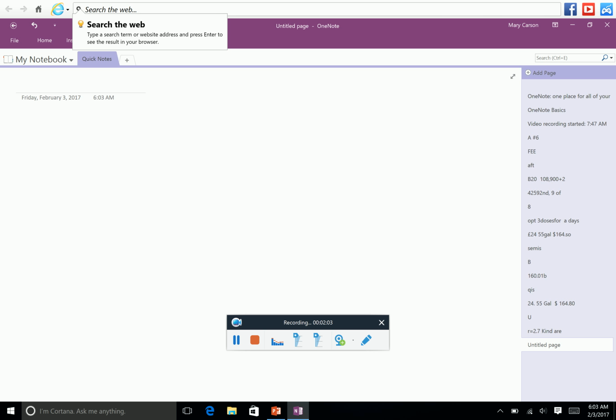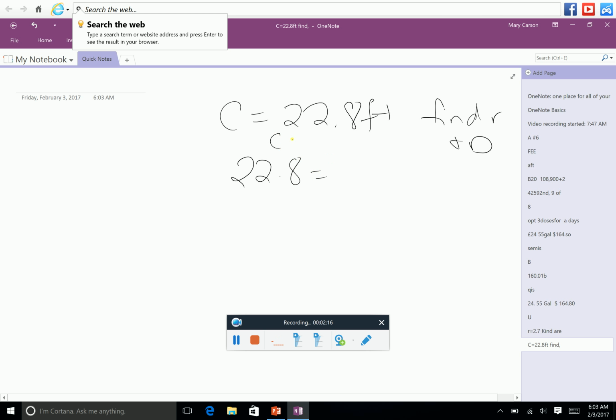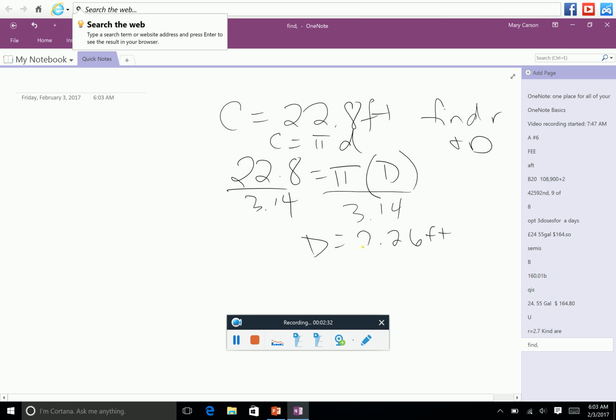All right, the next problem gives you the circumference is 22.8 feet. And you want to find R and D. So this time I'm going to do the one that says circumference equals pi times d. And we don't know the diameter. And so all we have to do is divide by 3.14 if we want to get the diameter. And you end up with 7.26 feet. And then how do we get the radius from this? We divide this by 2, and so therefore the radius is going to be 3.63 feet. Okay. All right, so if we go back to your PowerPoint,